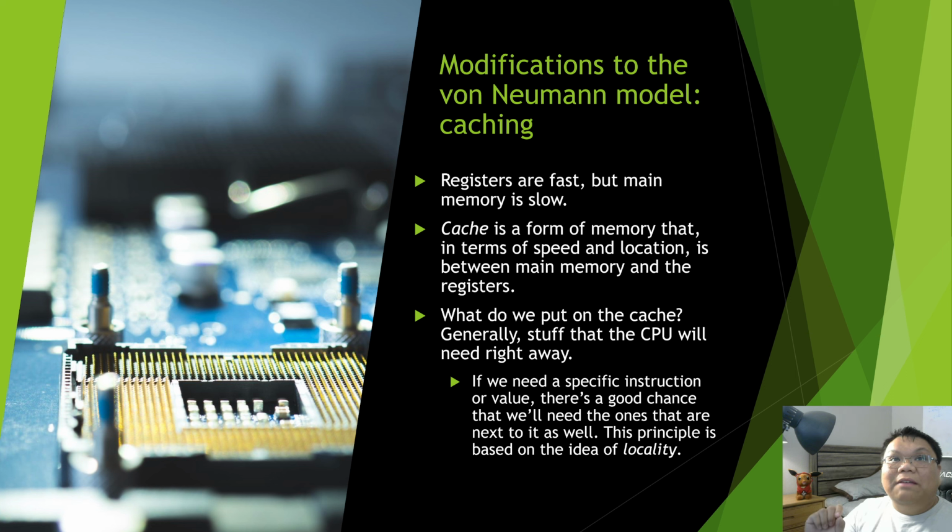So, if the CPU needs to read something from memory again, it checks the cache first. If we get what we're looking for in the cache, that is called a cache hit, and that is good. The idea behind what makes caching work is the idea of locality. And I guess another detail that will probably come up in, say, CSE-5250-60. Caching works because there is a predictable pattern to which the CPU accesses stuff in memory. Because if it were truly random, then caching would not work at all.